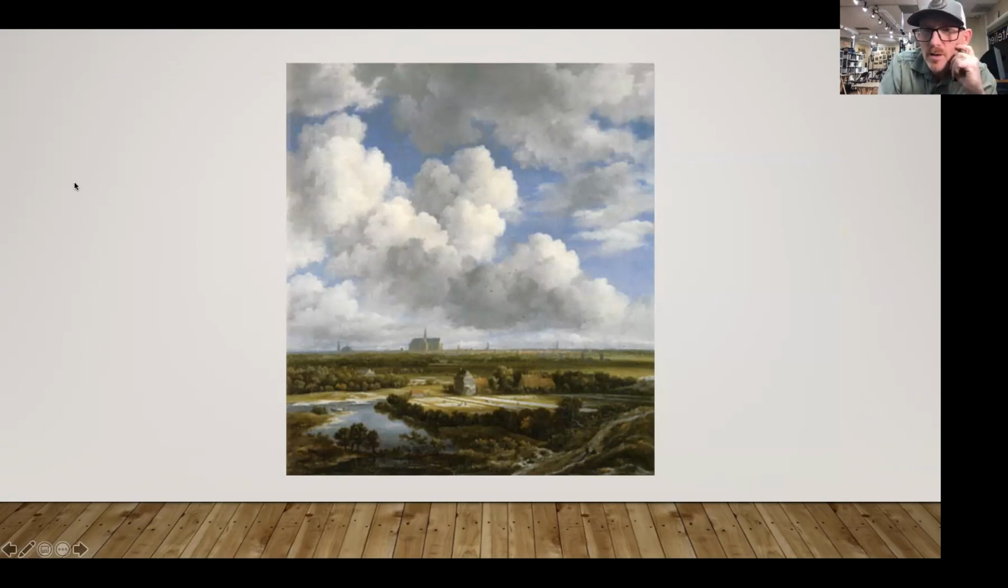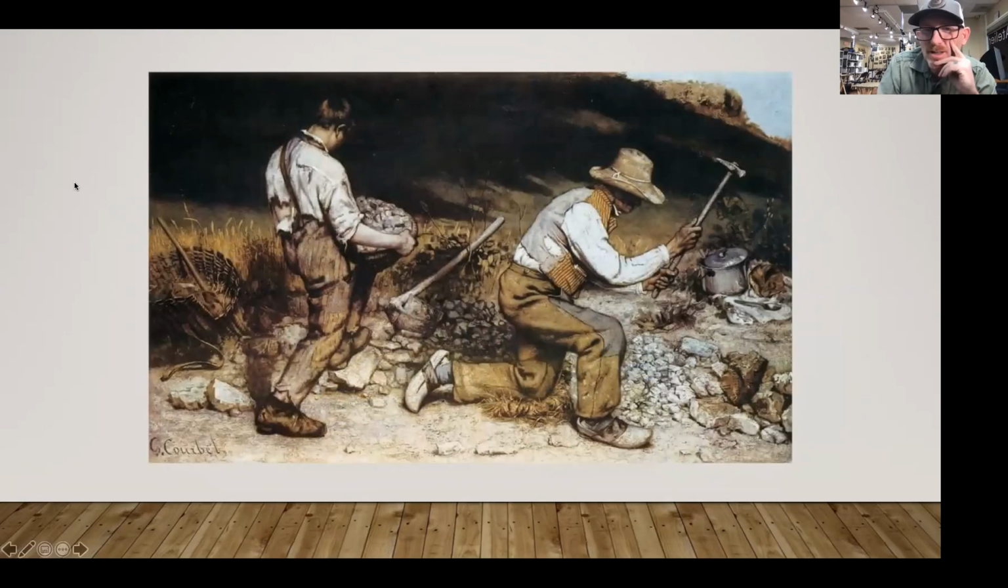The lower the horizon line, as in this Jacob van Ruisdael painting, the more heaven and the less earth we get. This is a painting by a pious man looking beyond the earthly realm up to heaven. Contrast that with this Courbet, the ultimate realist, who thought you live on earth and then you die. That's really all there is.